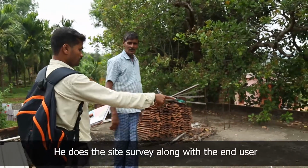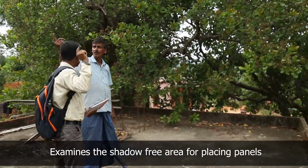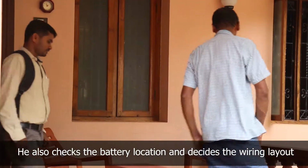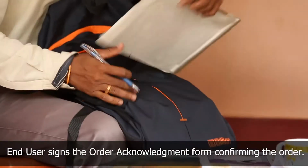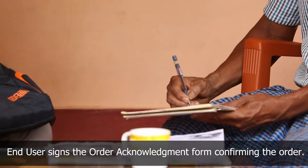He does the site survey along with the end user to find a shadow-free location for placing the panel and also a dry and ventilated place to keep the batteries and checks the wiring layout. He fills the order acknowledgement form and takes the signature of the dairy farmer confirming the order and thanks him